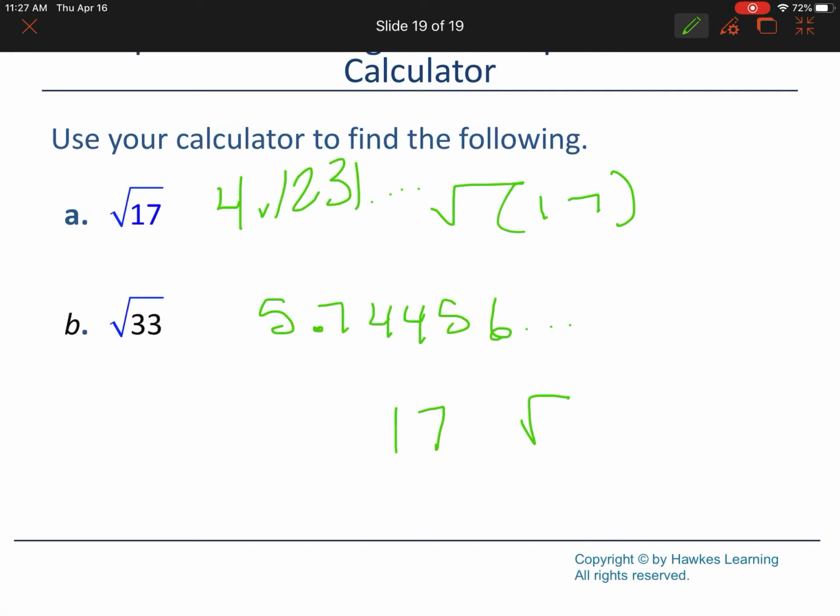Most of your calculators will not do cubed roots, and I won't ask you to do any of those. If they are in the homework, then you may have to use a different calculator to figure it out. I can't remember if they are. I didn't give you any practice problems, so you're just going to have to do the homework to practice this,